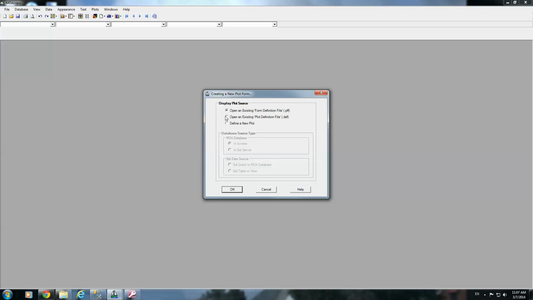Now, as I said, I don't know if I said that yet, but the MDA database is the multi-dimensional database. And MDAccess can report from that intermediate database, that MDA database, or it can report from the original SQL data source that the MDA database was built from. So, let's go over that again. We have